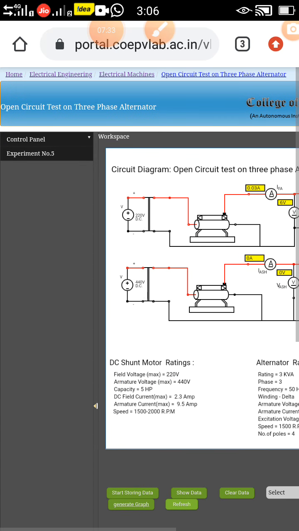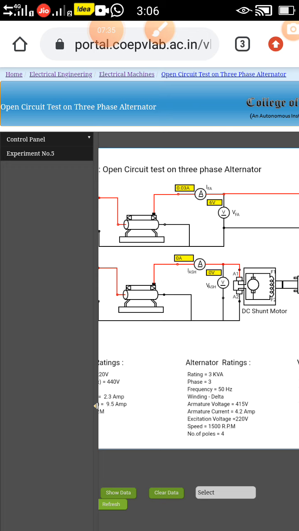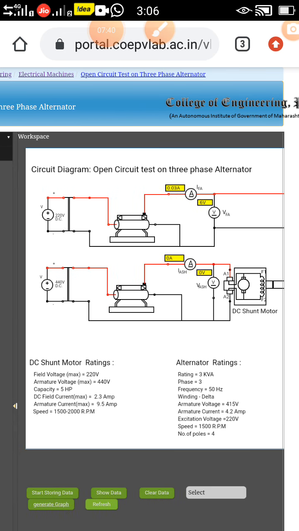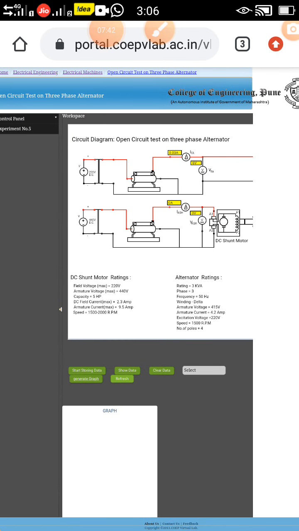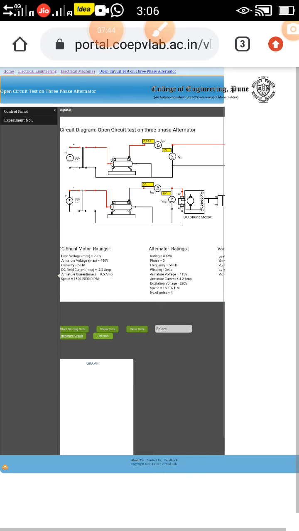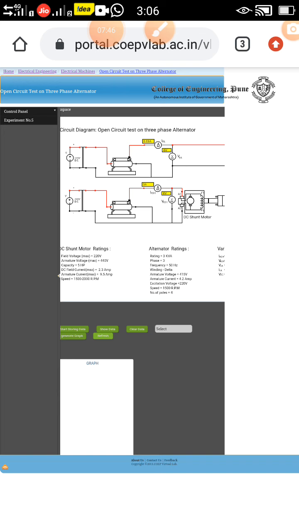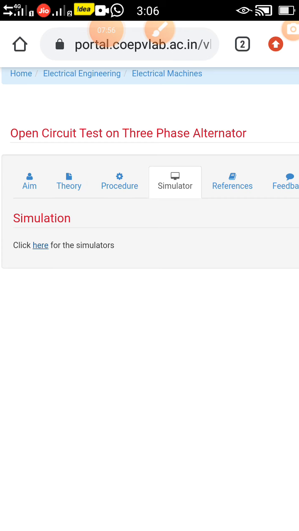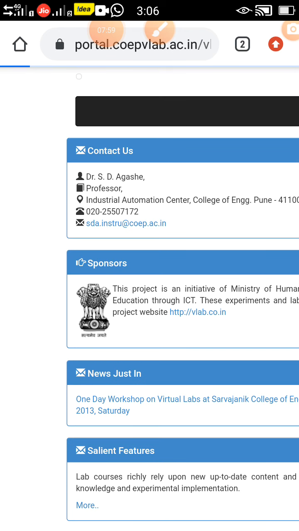So this is the starting and performing procedure of an open circuit test on a three-phase alternator in a virtual lab. This will be the actual procedure of performing the experiments in the COEP lab. Okay, thanks for watching, thanks for understanding.